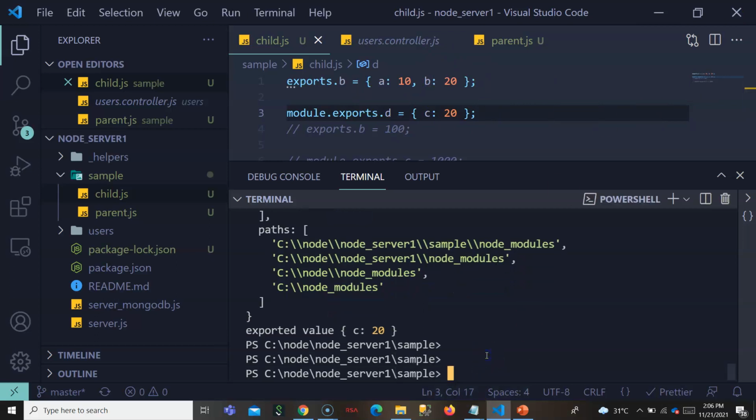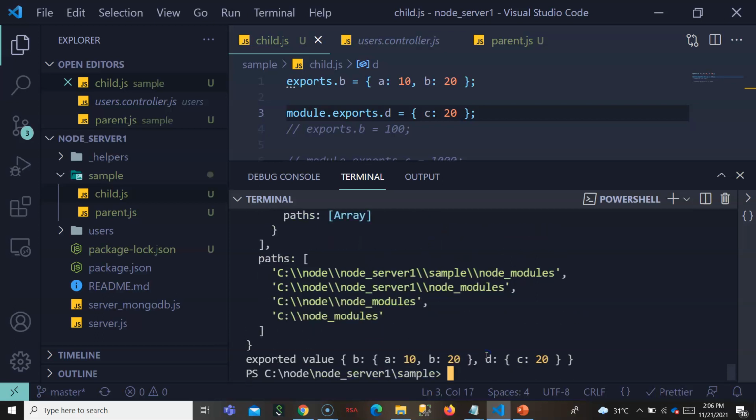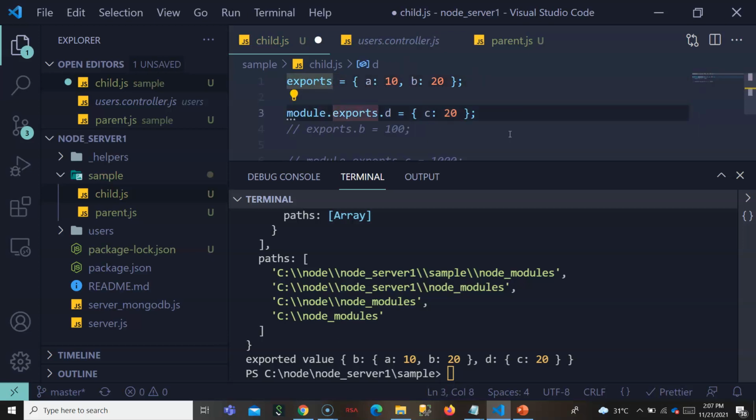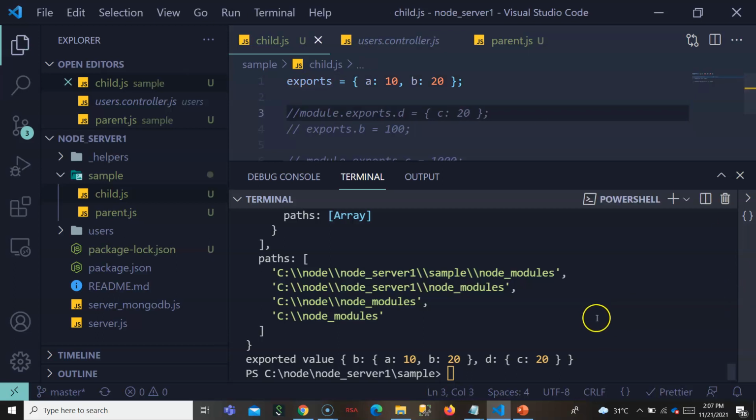Let me see now. If you print now, both the values are added. You can see it here. So once you replace the module.exports, whatever value was added with exports will be ignored. The other thing you need to understand is, if you add directly to exports, that value will never get exported.